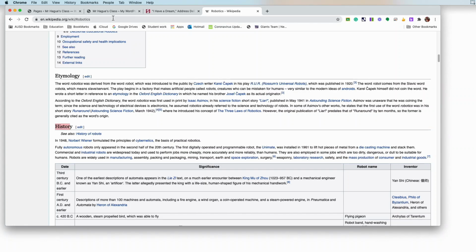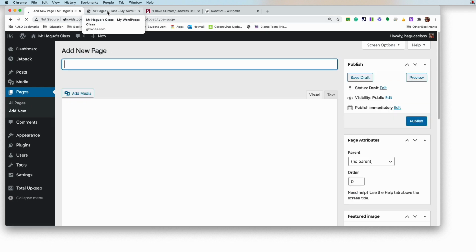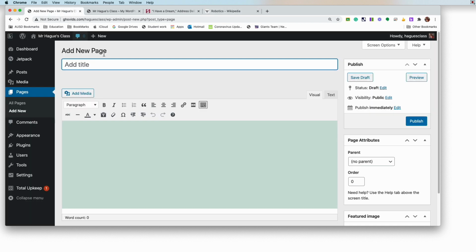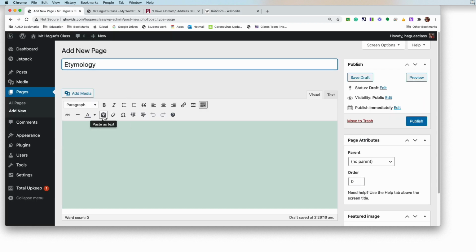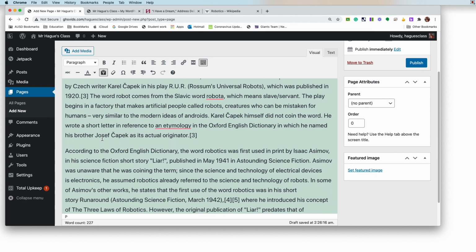Etymology, what do we do there? Okay, let's go back to WordPress, and this time we're going to add a new page, just like normal. Okay, and then we're going to type in the word etymology. Okay, highlight, copy, and add. There we go. And then we're going to take the content, highlight, okay, and then of course press paste as text. There we go. This time, however, okay,